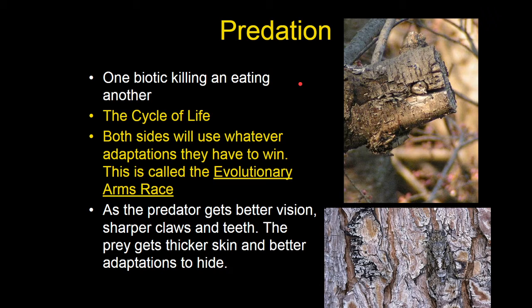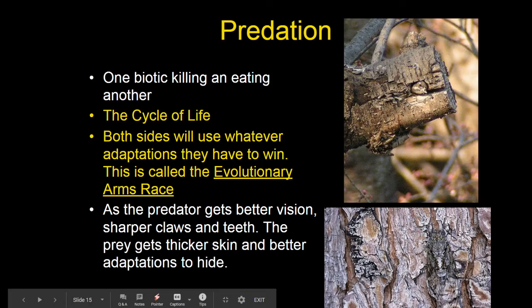And then there's always predation, you know? Predators want to eat stuff, so you've got to try to avoid getting eaten. Sometimes this is called an evolutionary arms race because we are going to see the predator get better at seeing, better at catching, some adaptation that gives it an edge. Well, that means that the prey are going to go extinct unless they evolve better camouflage, better mechanisms to hide, which means now the predator has to evolve, and now the prey, over and over again. It leads to this incremental series of increases